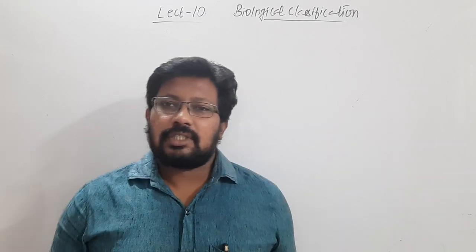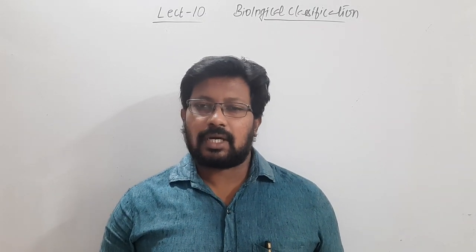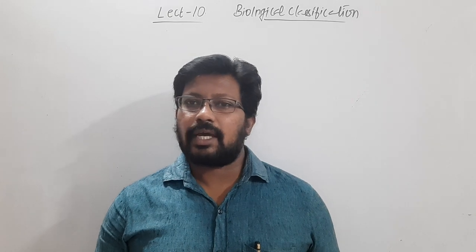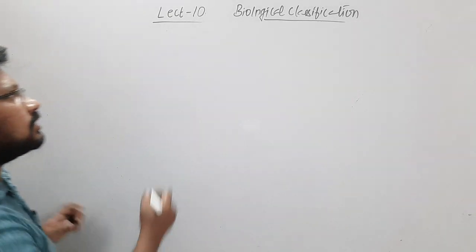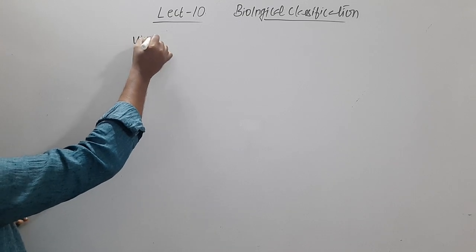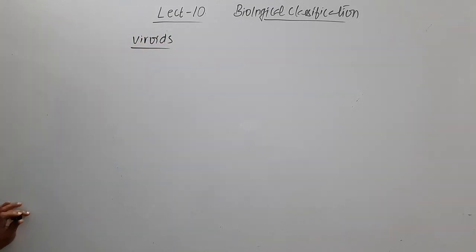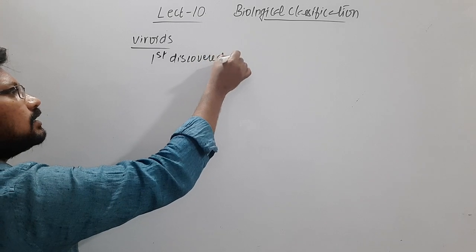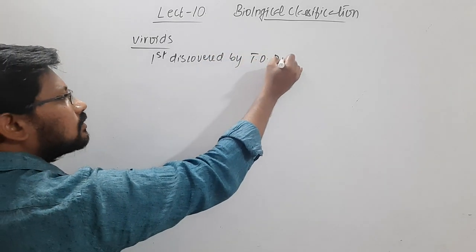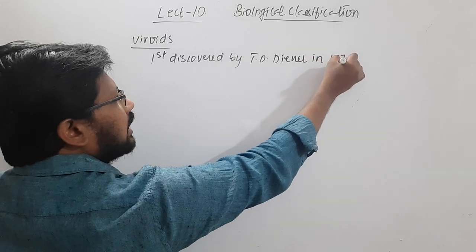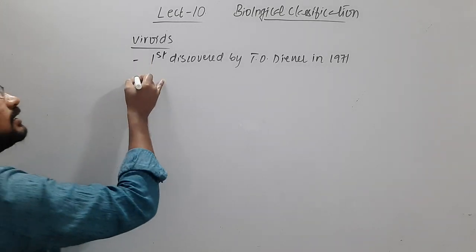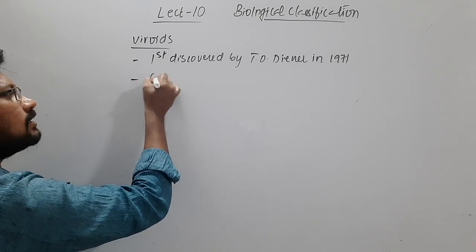Welcome. In this session, I'm going to discuss the last part of biological classification, that will be viroids, prions, and lichens. So let's begin this session with the viroids. These viroids were first discovered by T.O. Diener in 1971. And these viroids consist of